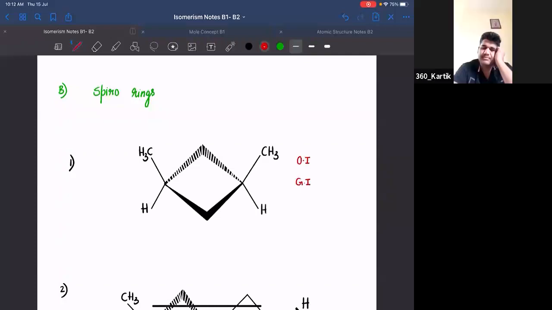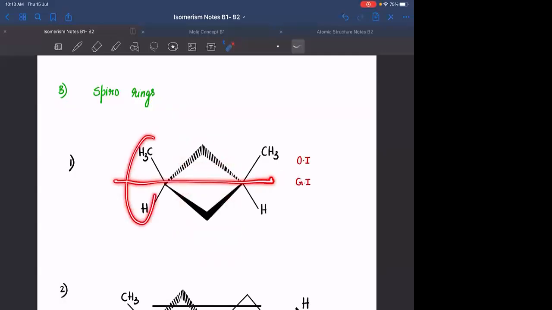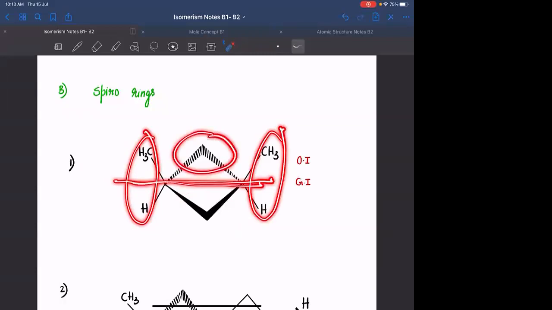No, sir. You can pass a plane through these particular groups, the groups which are present on the plane. You need not see them. About the plane, this and this are symmetrical. Agreed? I'm passing a plane through these particular groups, so you need not check these groups. About this particular plane, ये वाला part symmetrical है ना?